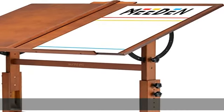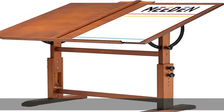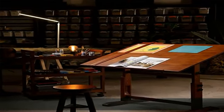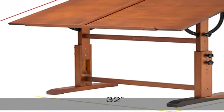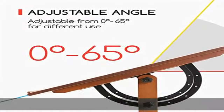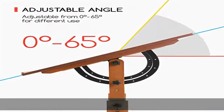About this item: quality material. The MEEDEN drafting table is handcrafted from solid New Zealand pine wood. And with a retro wood finish and multi-layer coatings, the table can last for years of use. Super functional, the work surface is enlarged to fit larger media to work on, whether it's a huge engineering project